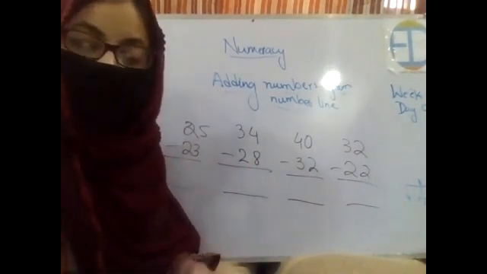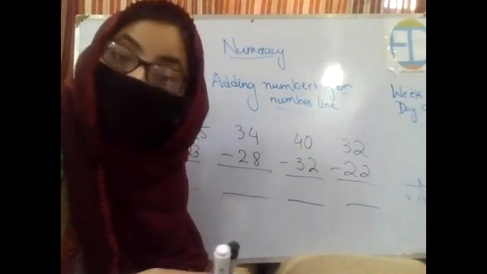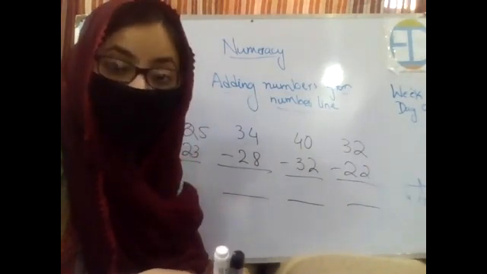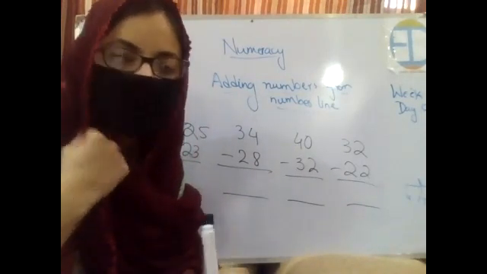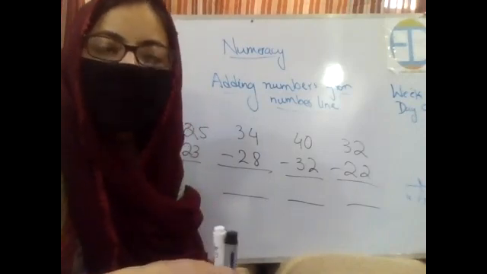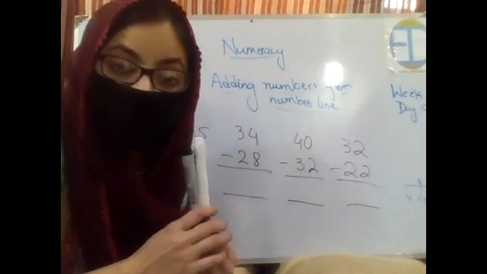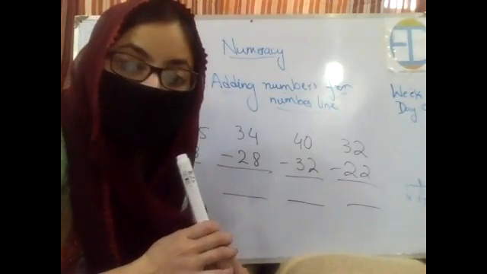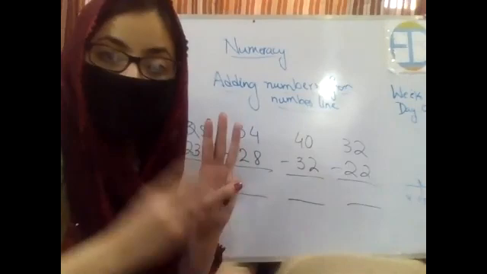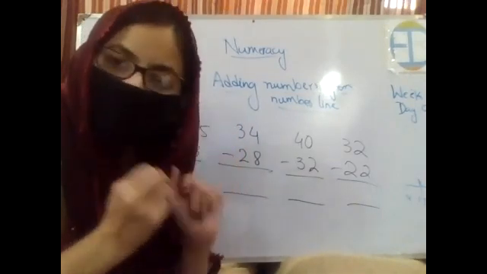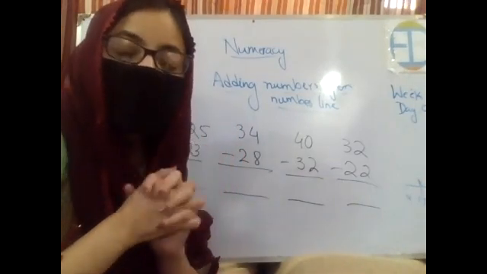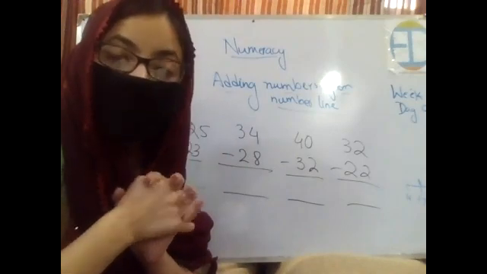Okay, before ending the class, let's play a small activity. You are supposed to tell me the answers of the questions which I'm asking you in a few seconds, okay? So tell me, if I have 3 markers already and somebody gives me 2 more, how many markers would I have? 3 plus 2 equals, count them, 3 plus 2 equals 5. Very well done, Sarah. Okay, what is the answer of 5 minus 1?